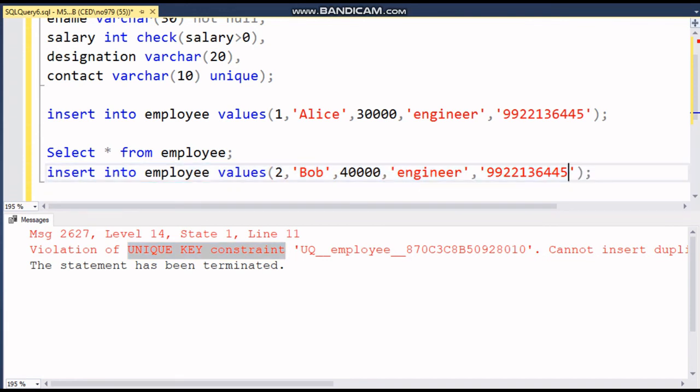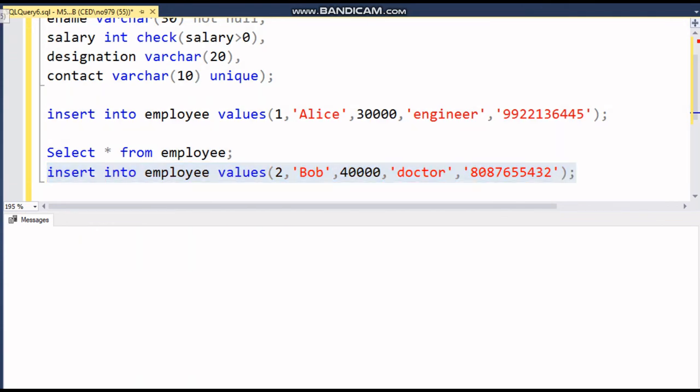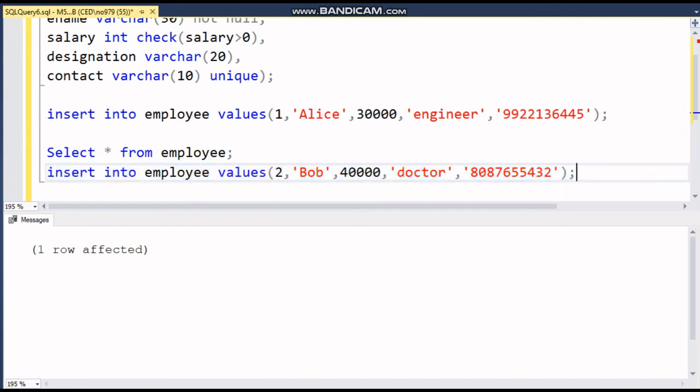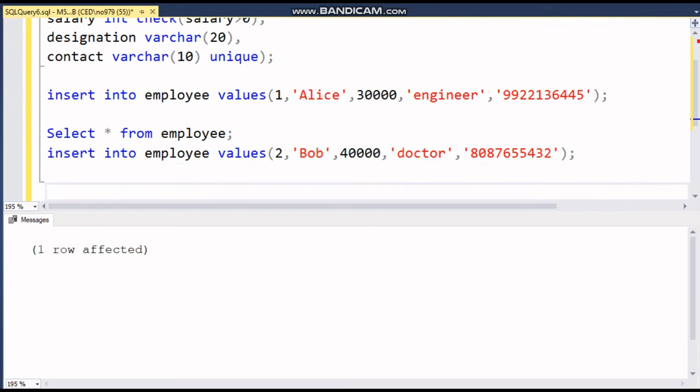Now I will insert one record according to the constraints, and suppose I'm changing the designation to doctor. Now we will execute this. See, one record affected, which means a record is inserted in the table.